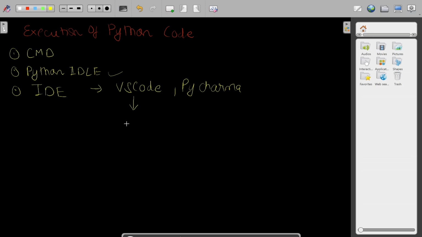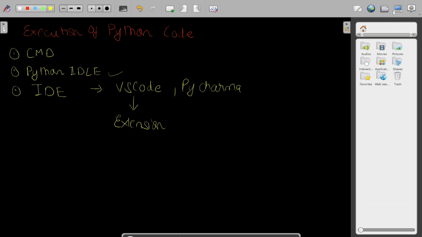You can simply write the code, and it provides the multiple extensions which we have installed. Using those extensions, the process of writing code becomes much easier compared to the IDLE or the command prompt. That's the reason we are using an IDE.